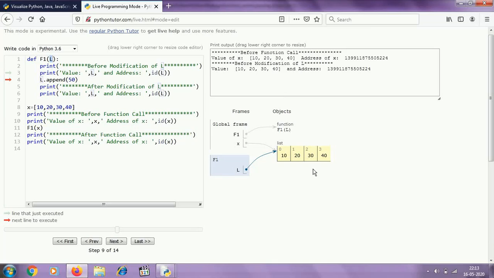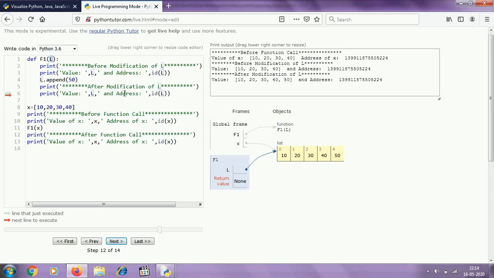Now we are appending a value 50 to the list. As list is mutable, we can change the list in place. That means after changing, the change will be reflected on the variable L and x also. Let's see. We have appended this value 50 and x is still pointing to this list and L is also pointing to this list. So the value of L after modification will be 10, 20, 30, 40, 50 and memory address is unchanged.